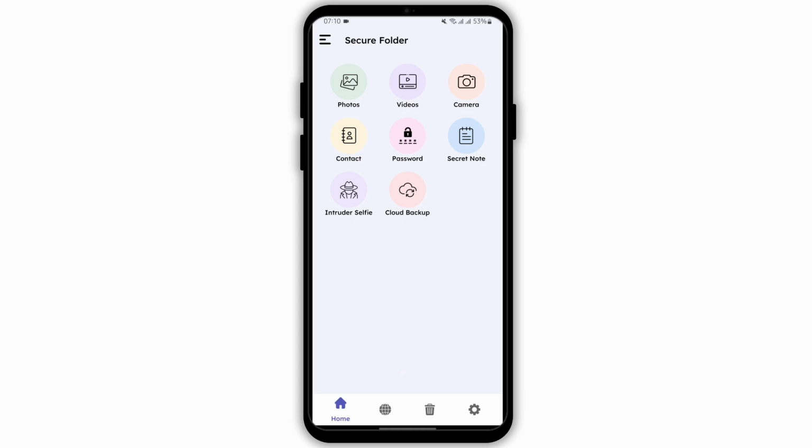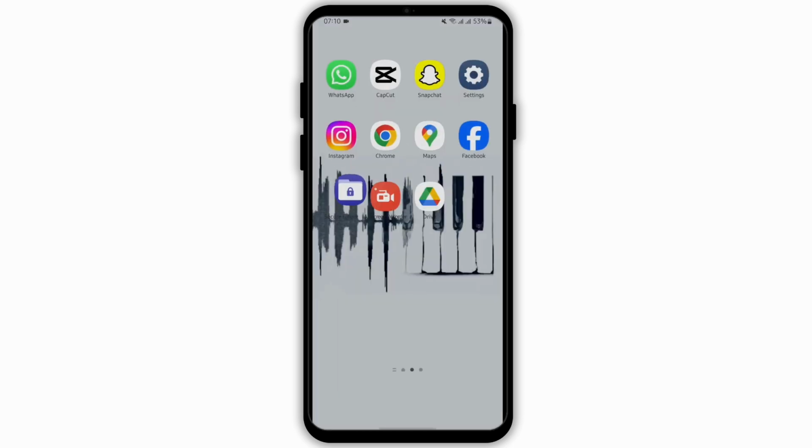Now once you do so, it will automatically open your secure folder, and just like so, this is how you